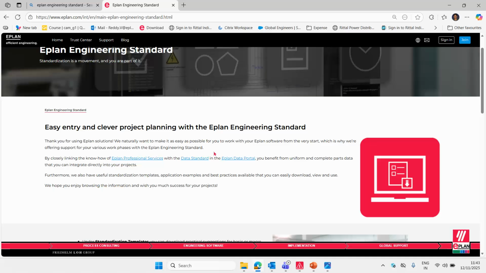Many times, what happens is you have a lot of data, but you don't know how to extract a report or a form or a plot frame or symbols. Whatever data you have, it will still be there, but you are not able to use it. So that's why we will try to understand: can I use that form in my project? And whatever this Eplan engineering standard team is building, how can I utilize those things in my